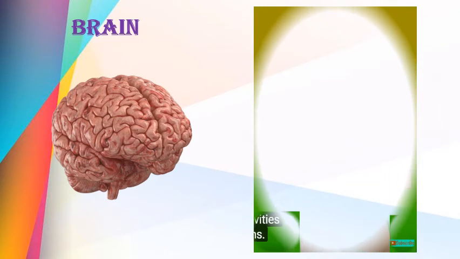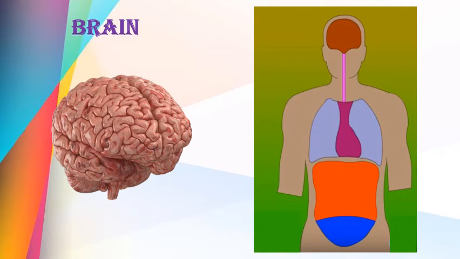Now we will move to the brain. The brain is situated in the cranial cavity. Yes, you know that this is the cranial cavity, thoracic cavity, abdominal cavity, and pelvic cavity. Here the brain is situated in the cranial cavity. We will locate our brain here. See, this is the front view of the brain. It is a very important internal organ because it controls all that we do, and it also controls all the different organs of our body.